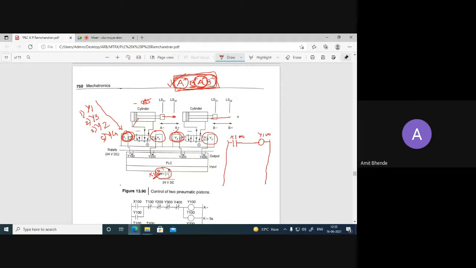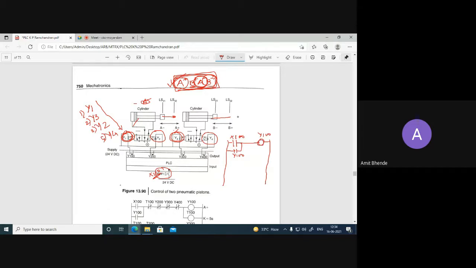Switch 1 we have to press only for a fraction of a second, we don't have to keep it pressed the whole time. So for momentary action, we do latching. So here, once X100 is pressed, then the energization of Y100 should continue by latching logic. So what we will do, we will latch this circuit over here, and latching is done by the output device.